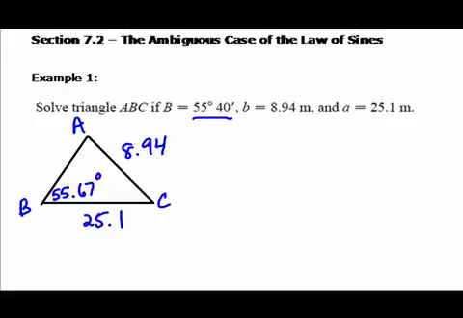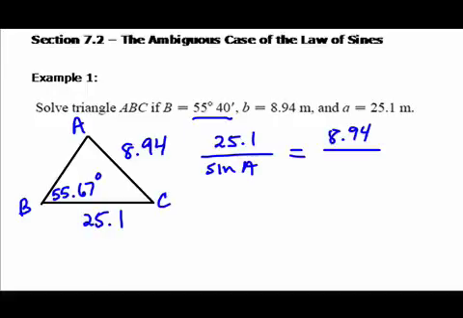So you would say that 25.1 over the sine of angle A equals 8.94 over the sine of 55.67. So this time we're actually solving for the sine of angle A. So the sine of A would equal 25.1 times the sine of 55.67, divided by